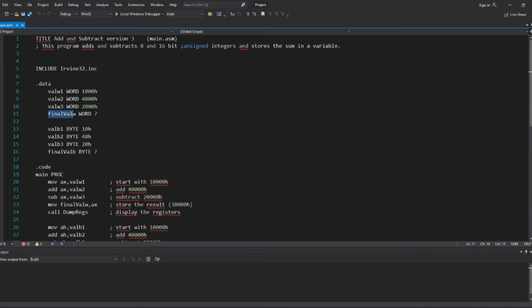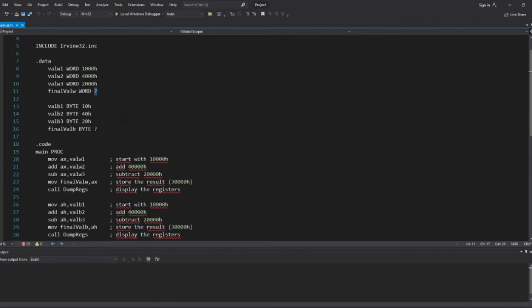The final value W is also declared as word, and we don't know the final value yet. The same goes for values B1, B2, and B3, but we declare them as byte, and the final value B is also declared as byte.